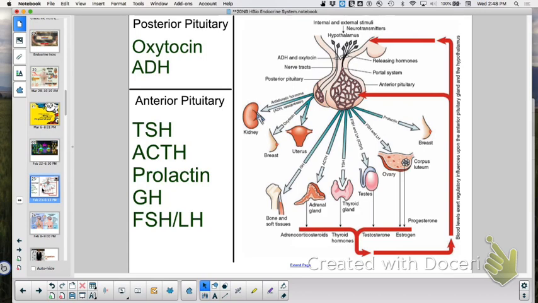The anterior pituitary is not directly connected because it grew up and out of the mouth and globbed on. So the neurosecretory cells from the hypothalamus only got as far as the stalk, because the anterior pituitary wasn't there when it was growing, just still moving out of the mouth area. What happens is the hypothalamus sends releasing hormones to a capillary bed in the stalk, which reforms into a venule and goes back out to capillaries again at the anterior pituitary. This is one of the 3 places where you have double capillaries.